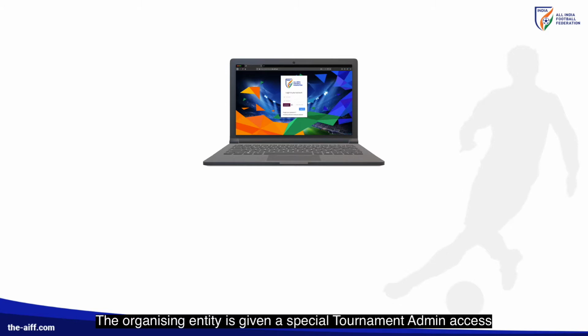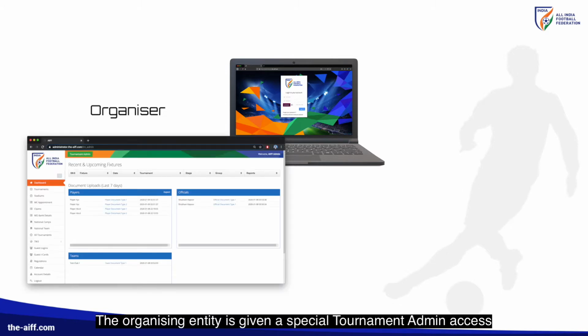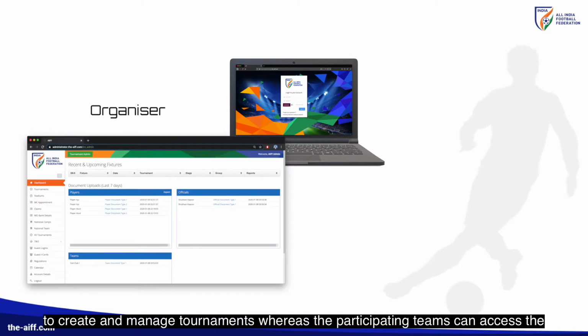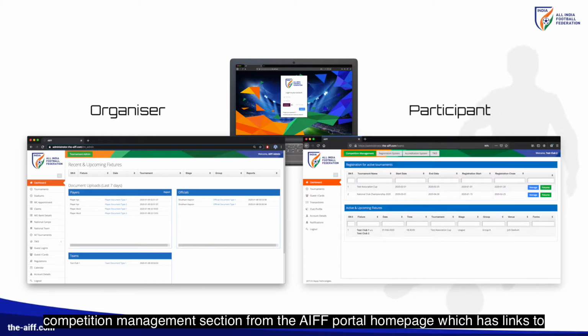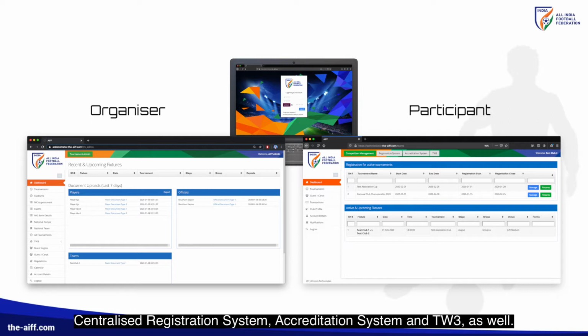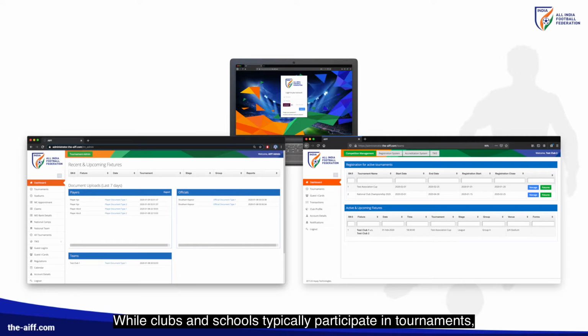The organizing entity is given a special tournament admin access to create and manage tournaments, whereas the participating teams can access the competition management section from the AIFF portal homepage, which has links to centralized registration system, accreditation system and TW3, as well. While clubs and schools typically participate in tournaments, the associations can either take up the role of